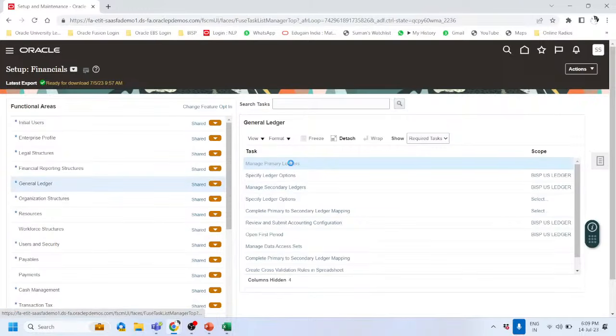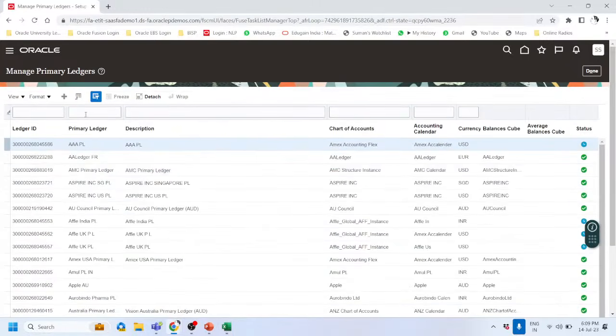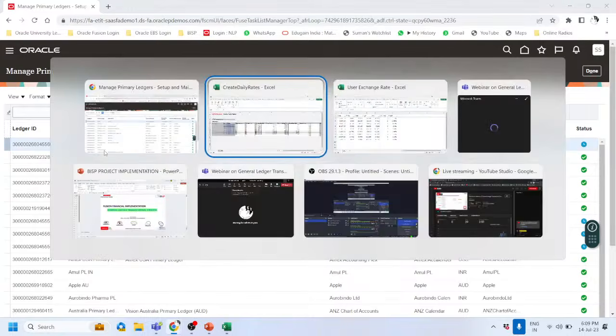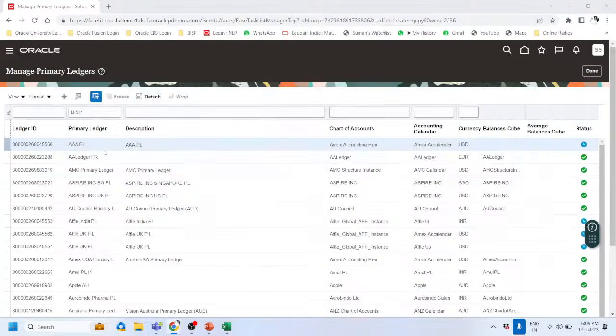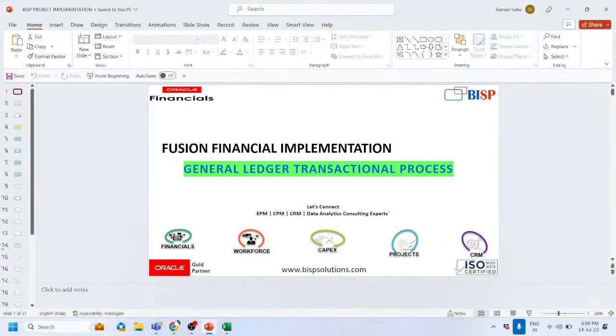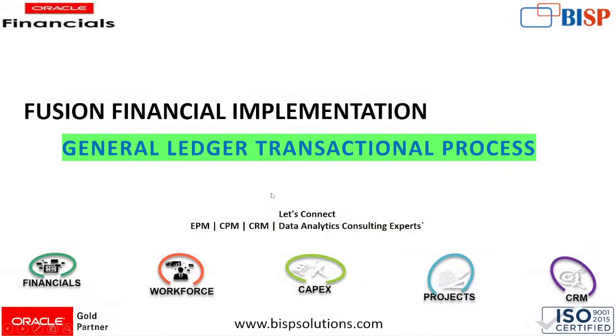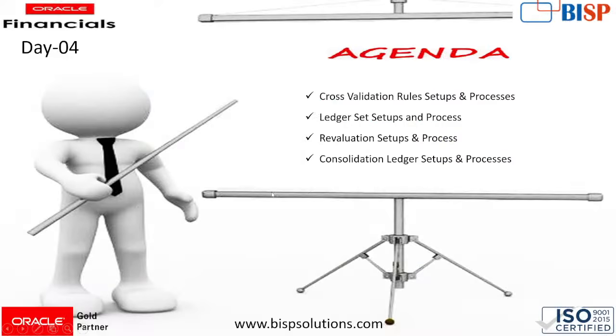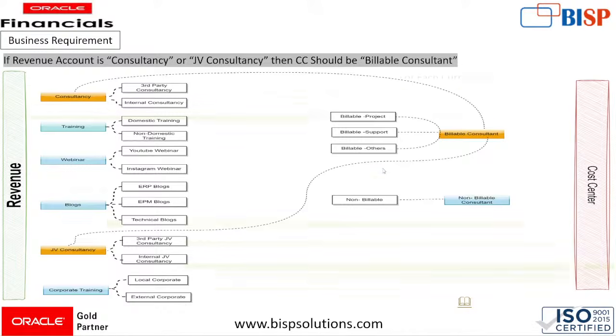So primary ledger, BISP, so ledger set. We are done with that,